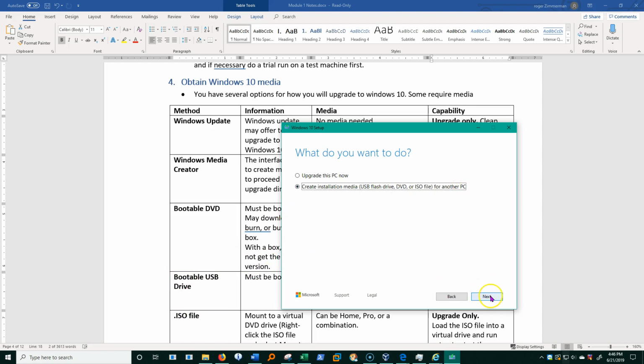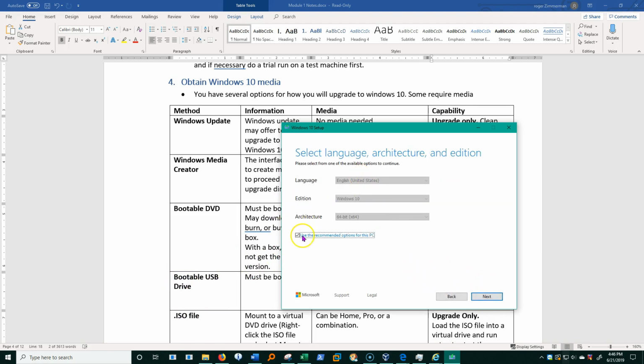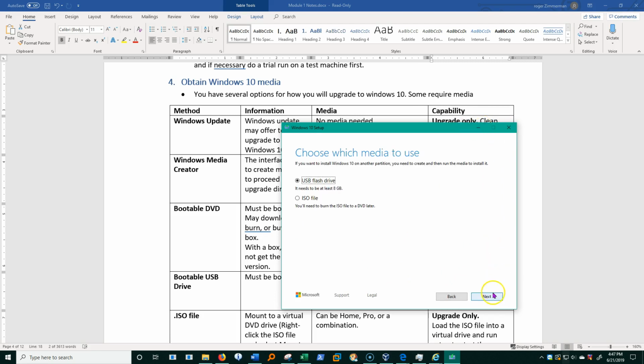So if I were to click Next here, it's going to step me through choosing, well, do I want 64-bit, 32-bit, both, what edition? I only have one option there, Windows 10, what language, and so on. I'm not going to step through this whole thing because I've already done it, but I will do part of it because I want you to see this next one, USB flash drive or ISO file.